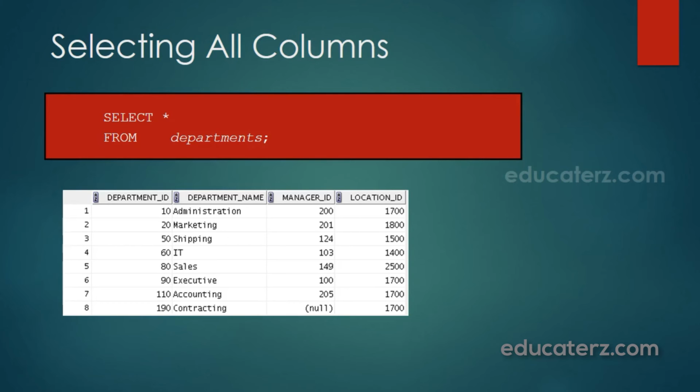Altogether we have 4 columns in the departments table, and these are the records displayed. Department ID 10, 20, 50, 60, like that. We have manager ID. All this information is displayed in a tabular fashion.